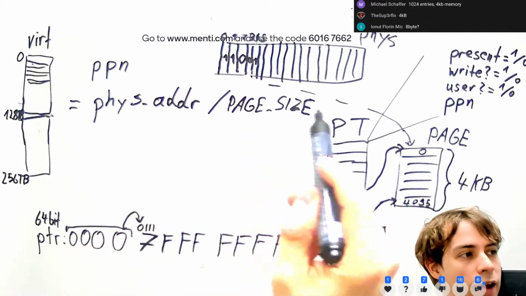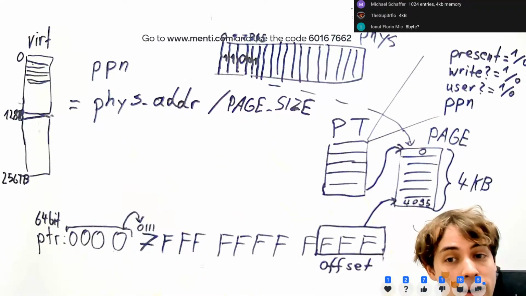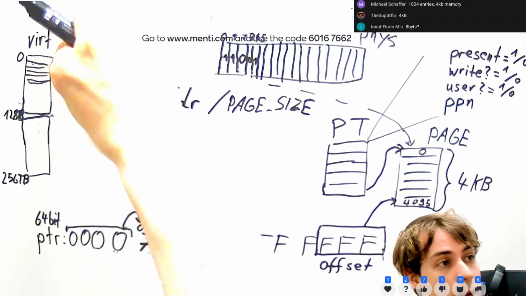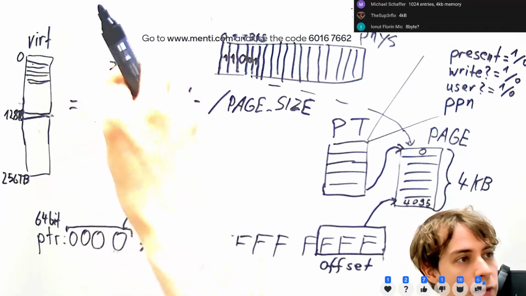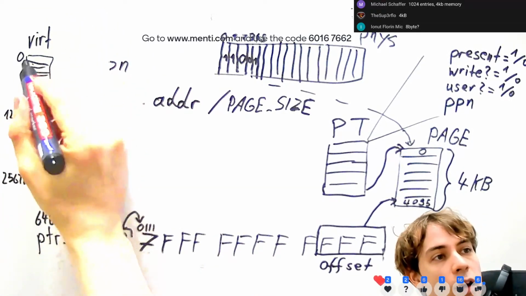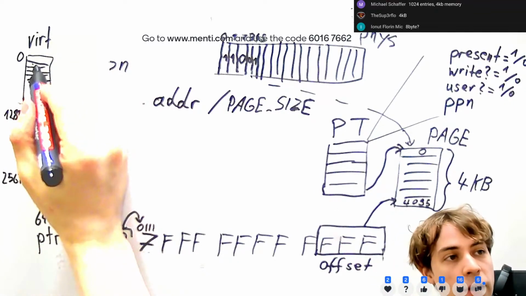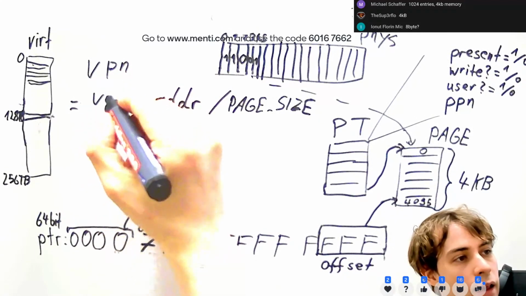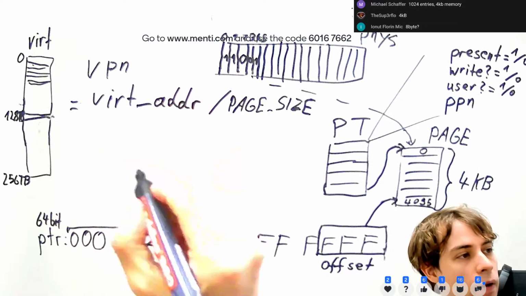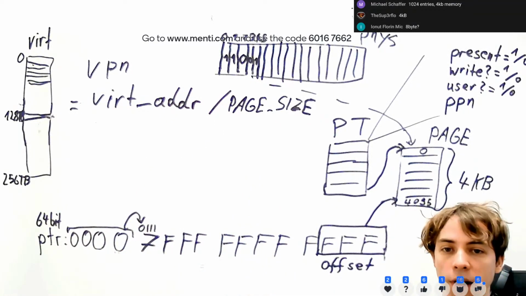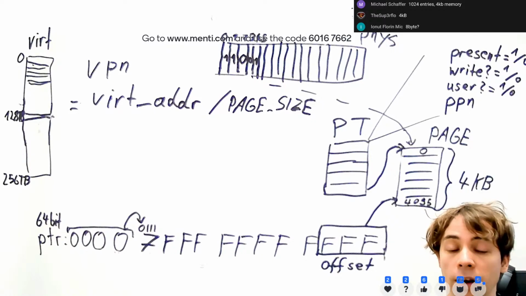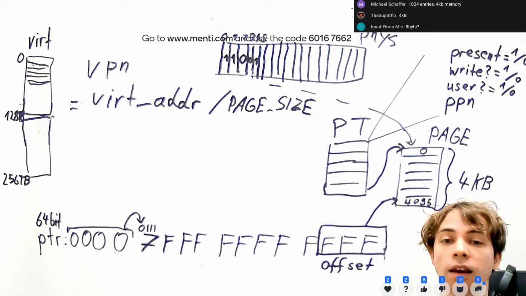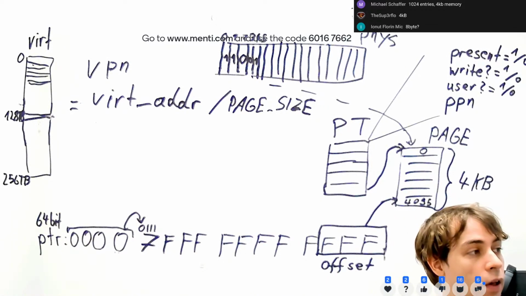We have a physical address, we divide it by page size, and that's how we get to the page number. And that's the same for the virtual page number. It's also split up in the same way: we start at 1 here, and this is page 0, page 1, page 2, and so on. The virtual page number is the virtual address divided by the page size. So the relation between a page number and an address is always that it's divided by page size in one direction,